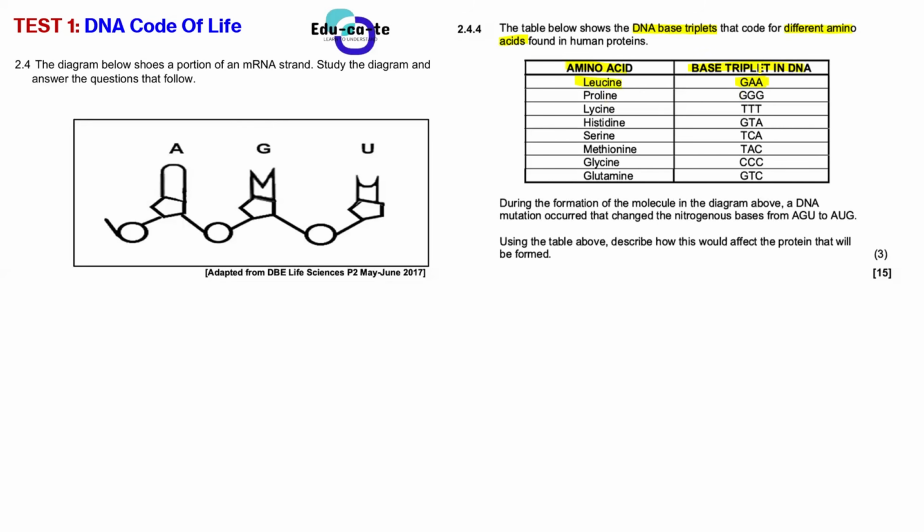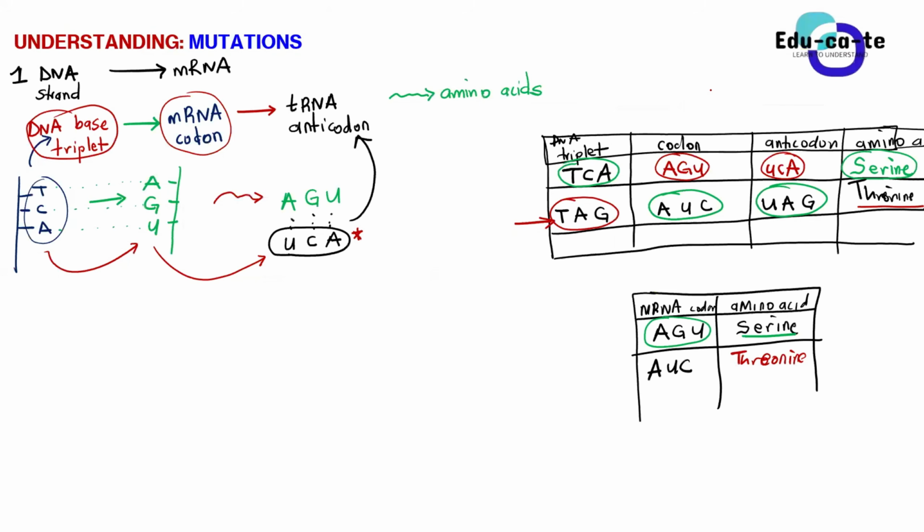So they can just give you a base triplet and the amino acid that is being coded for. It doesn't mean, guys, that this GAA is the anticodon. No, it is still a base triplet. But Tina, we already know the sequence. When it starts as a base triplet, it produces a codon on an mRNA molecule. And that codon will look for a certain anticodon on a tRNA molecule. And that tRNA molecule will be carrying a specific amino acid. That is why they say that DNA contains the code for protein synthesis.